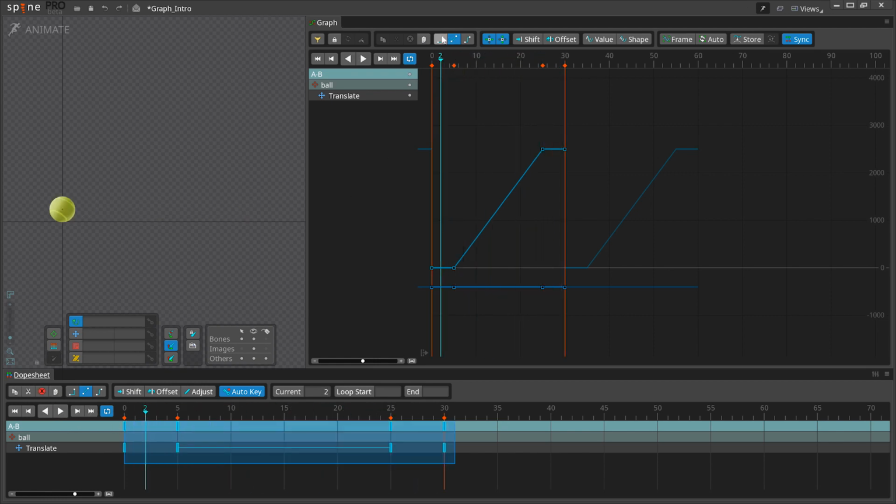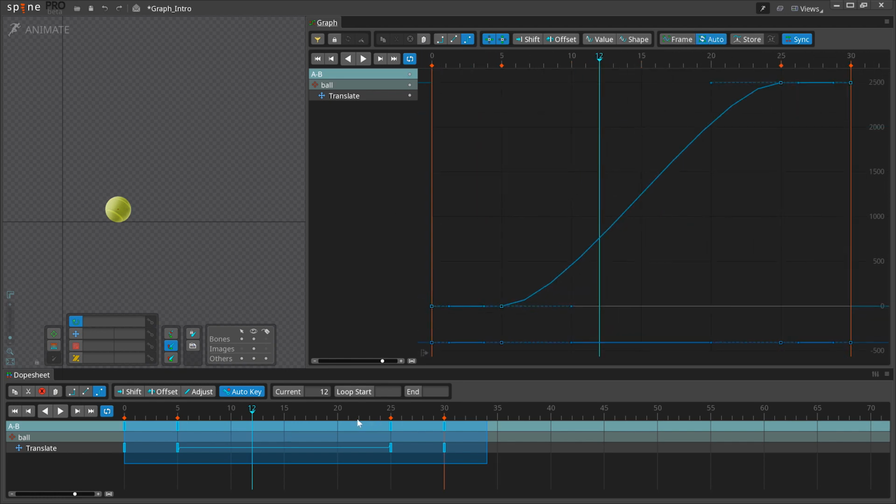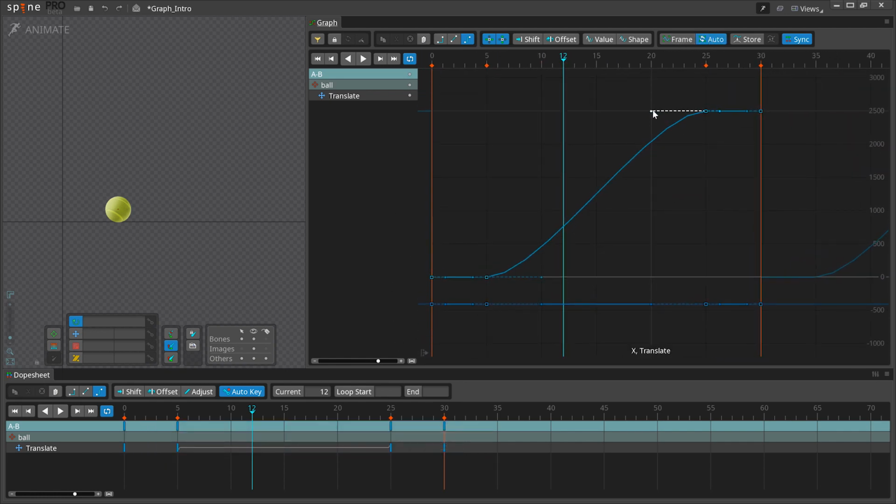Spine has three types of curves: stepped, linear, and Bezier keys. Stepped keys have no interpolation between the keys. Let's leave the Bezier curves active and look at the tangent handles. Every key on a curve has tangent handles that you can lengthen or rotate to affect the shape of the curve between keys. These are necessary to make graceful transitions between your keys without having to manually add a lot of extra in between keys and breakdowns.